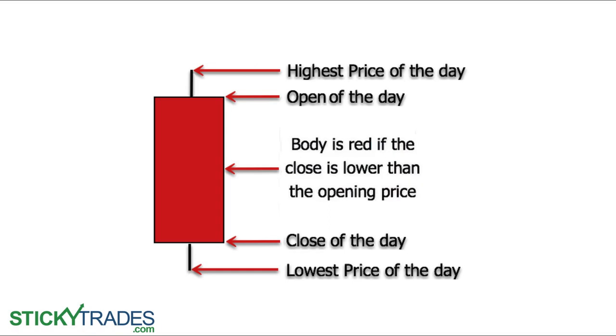Now the red is going to be the opposite. The opening and the close are going to be opposite from what we saw in the green. So the opening is going to be at the top of the body, and the lower end of the body is the close of the day. The shadows still represent the high and the low, so nothing changes there. So to repeat, because I love teaching through repetition, the body is red if the close is lower than the